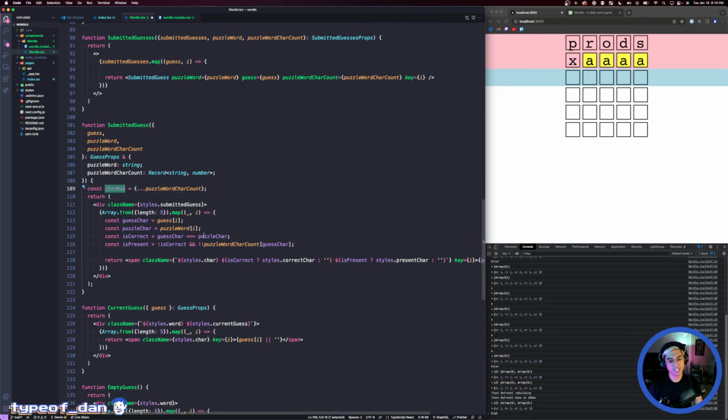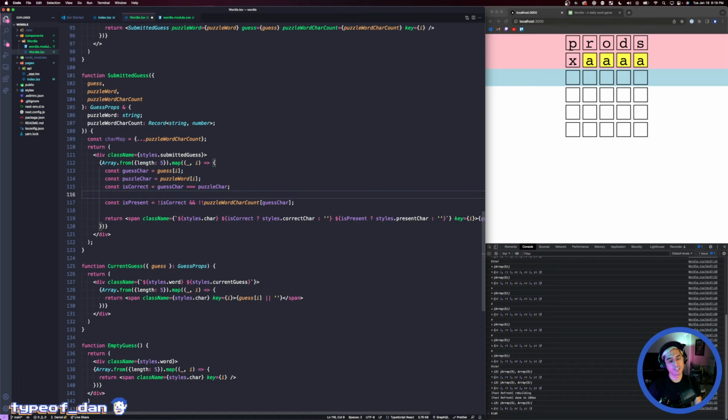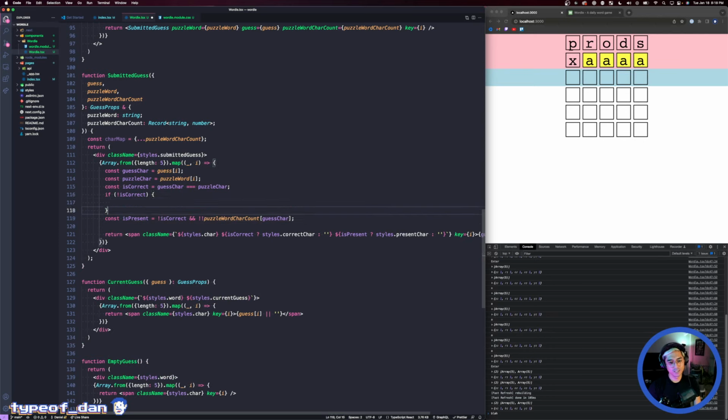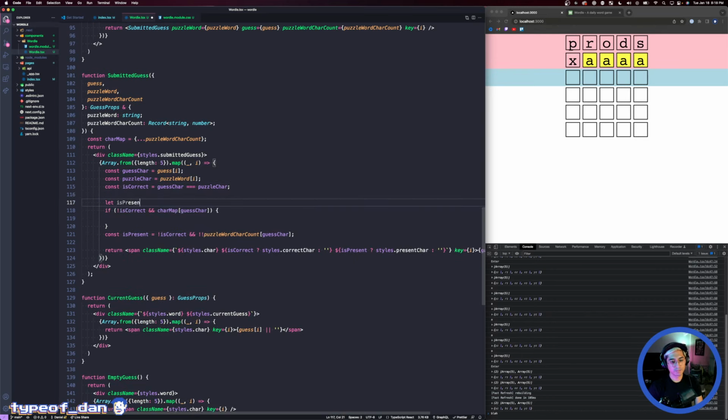Cool. And then we're going to say, if it is not correct, and puzzle word, nope, and car map, guess car. So if it's not correct and the car map has the value for the current character in that map, we're going to say is present equals true. And then